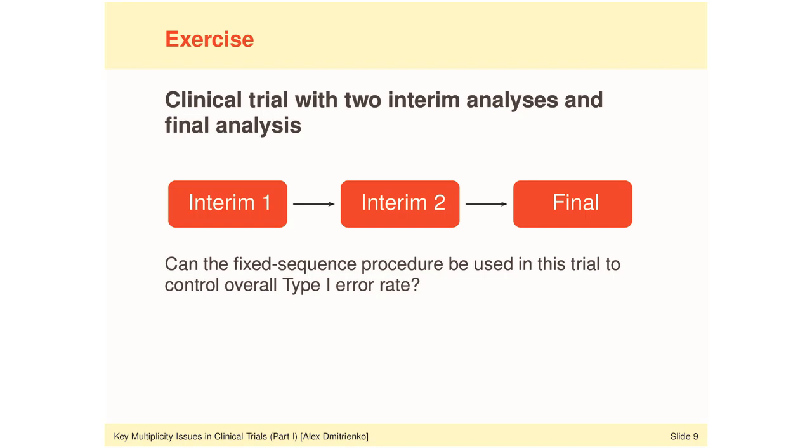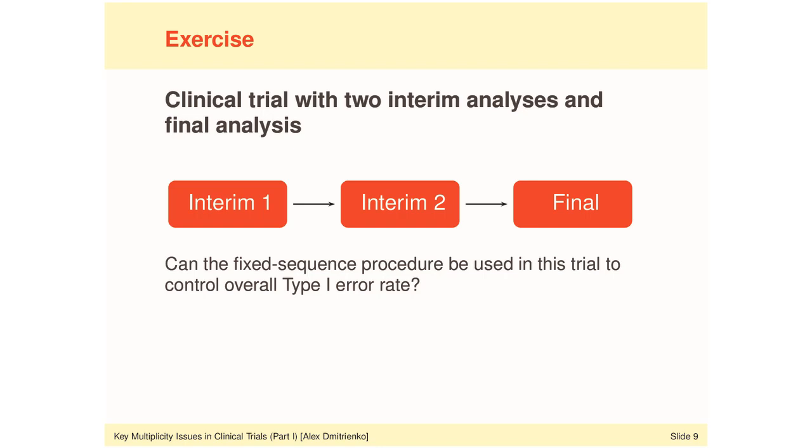Because to be able to protect the overall alpha, the family-wise error rate, the fixed sequence procedure must be applied in a sequentially rejective fashion. I've used this phrase several times already. And this phrase means that if we cannot reject a null hypothesis, there's going to be no more testing after that point. But in the context of group sequential clinical trials, this approach would not make any clinical sense, because